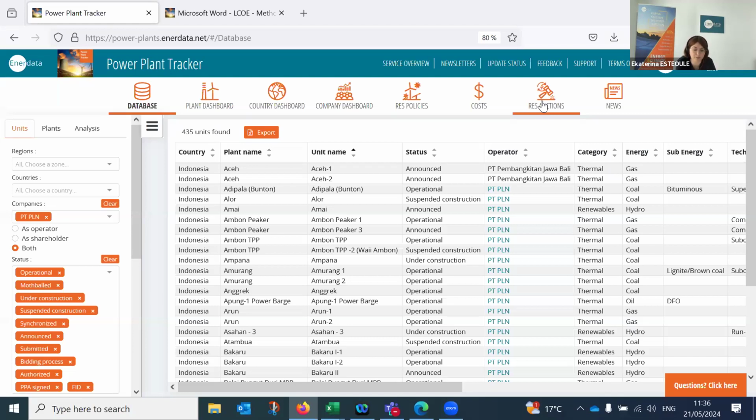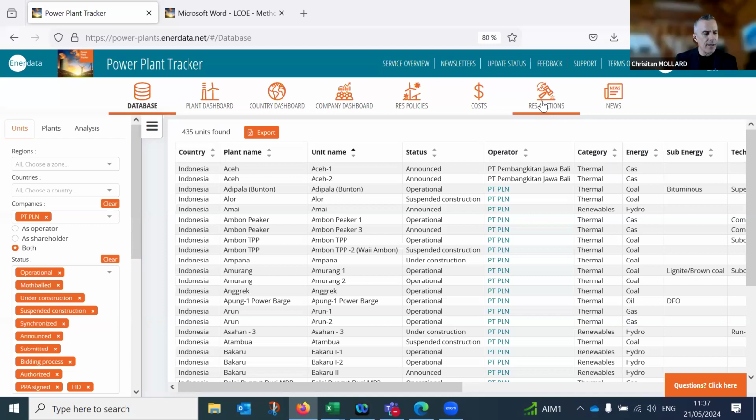Of course, we have a specific tag to filter for the power sector. So we receive news coming from operators, ministries, shareholders, and specific information sources. We double check this information and put it into the database. So we're using, let's say, more than 300 different sources to fill the Power Plant Tracker database on a daily basis.